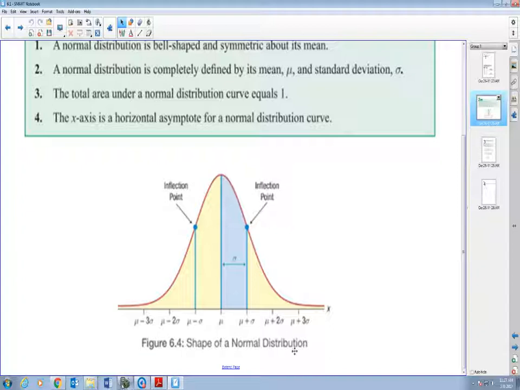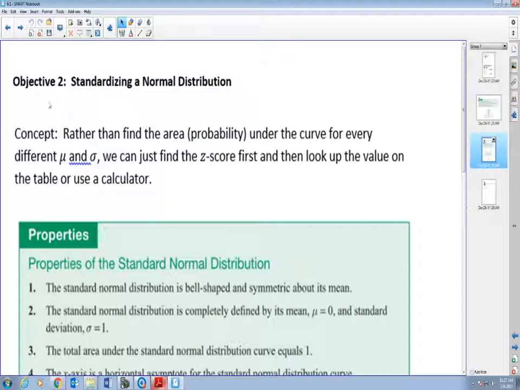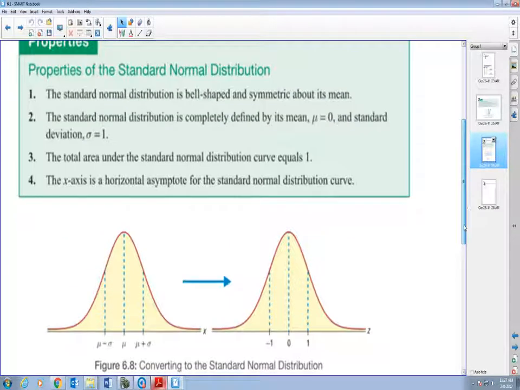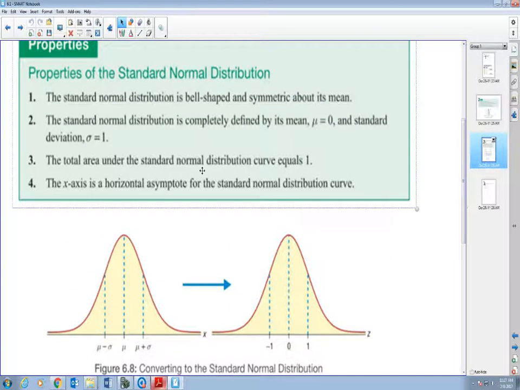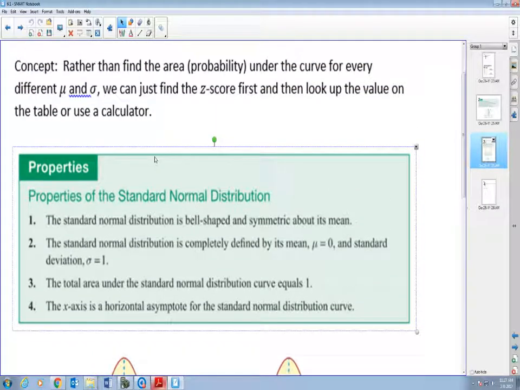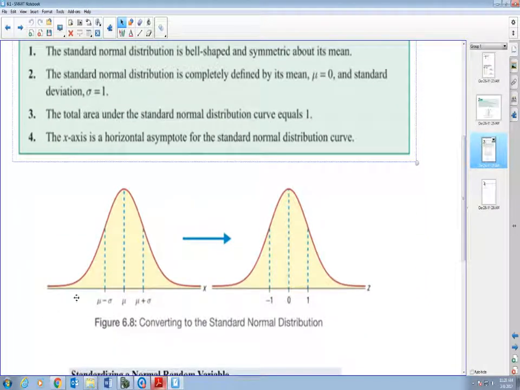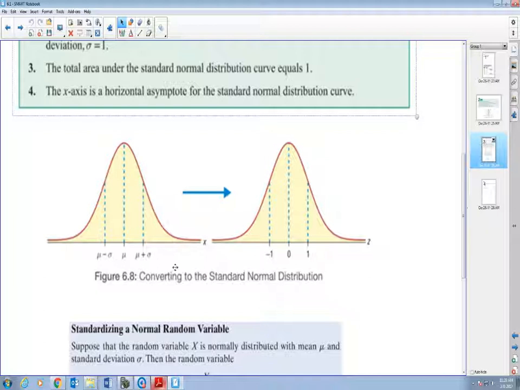And back in chapter 3, I believe, we talked about standardizing our normal distribution. We talked about standardizing our x-axis, making them into the z-score. So here we go again. Alright, standard normal distribution. So rather than finding the area or probability under the curve for every different problem with a different mean and standard deviation, we can just find the z-score first, and then once I convert my axis, go from the regular mean and standard deviation, standardize them into a z-axis,